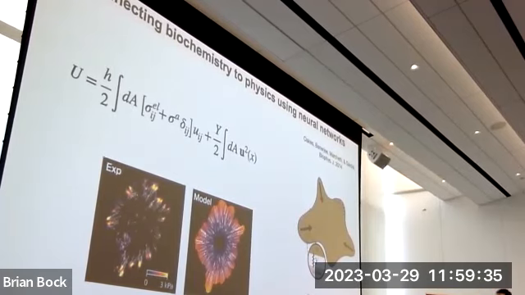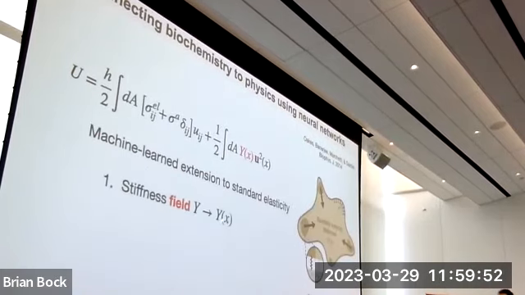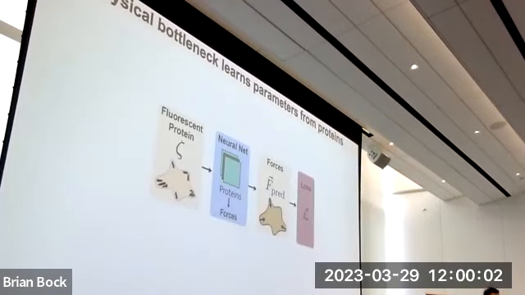So one simple thing that we can attempt is, if the focal adhesion sites are responsible, maybe there is a way of promoting this parameter to a field, with its own dynamics potentially, and enhance continuous elasticity with what we learned from machine learning, making this field position dependent. But the question is, how do you determine that? Well, what we're going to do is just learn it using Zyxin, because you know that Zyxin is predictive of those forces.